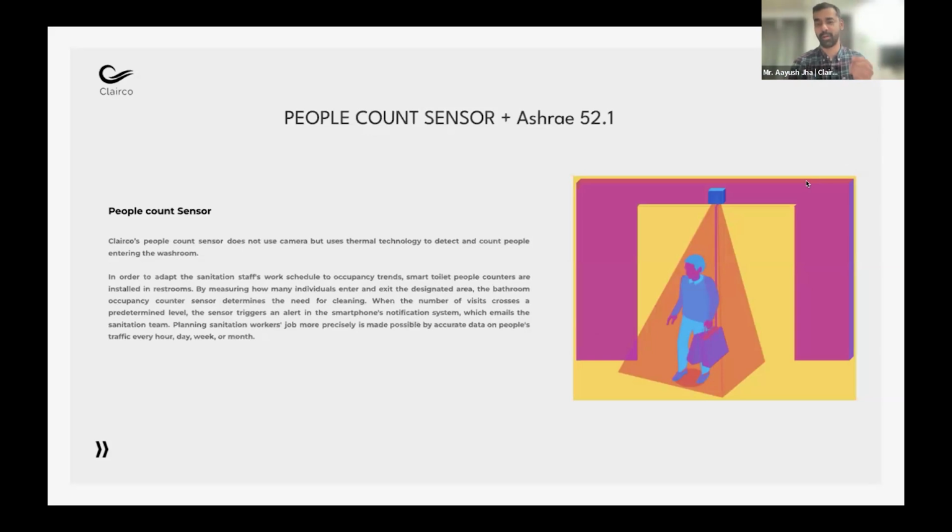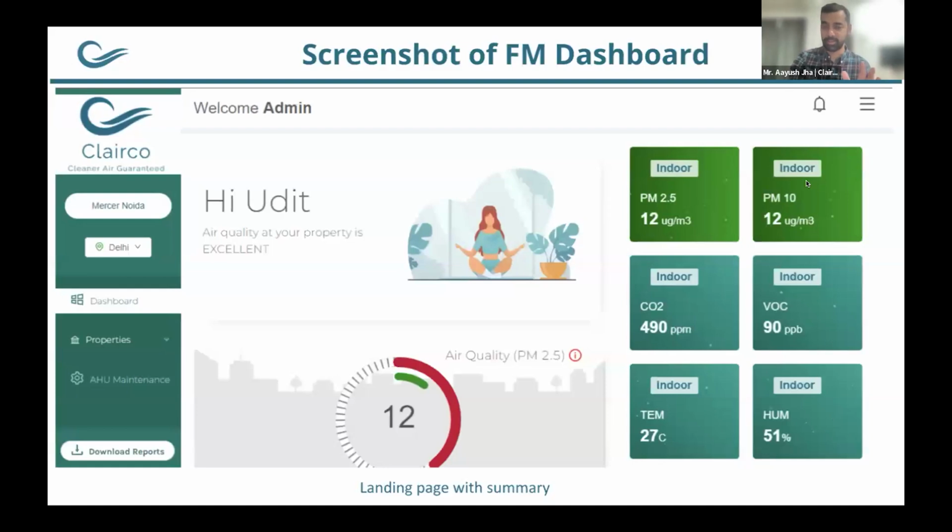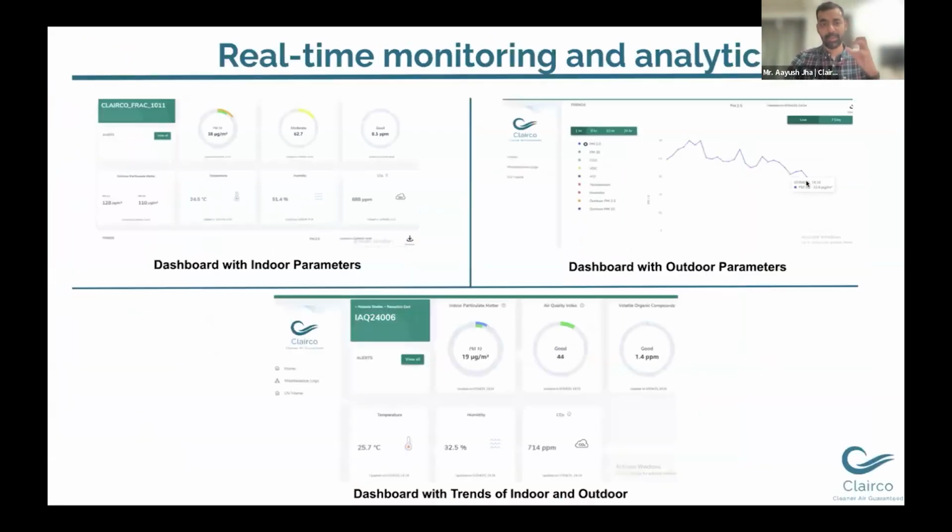That gives us a very strong understanding on how much ventilation is required and what is the air quality there, based on which what all things need to be done. Okay, so these are just data point generators. The intelligence is yet to come. We have simple dashboards. All OEMs have these dashboards where you get different parameters, but this is not where the magic is. The magic is happening in different analytics.